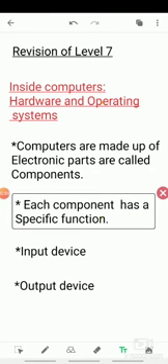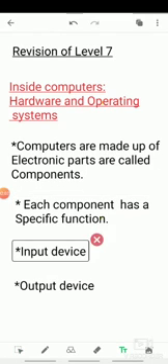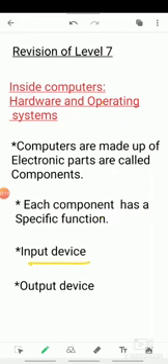Then we are going to see about input device and output device. Input device means by using an input device we can give instructions to the computer. Based on the instruction the CPU will perform the action. The examples of input devices are keyboard and mouse.